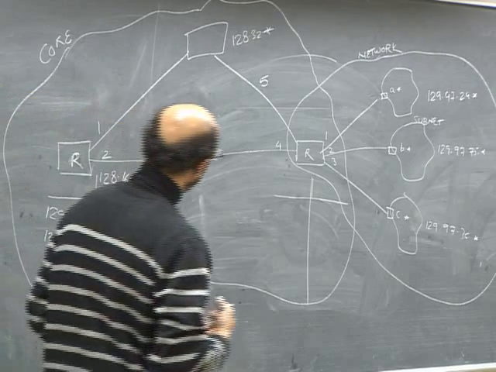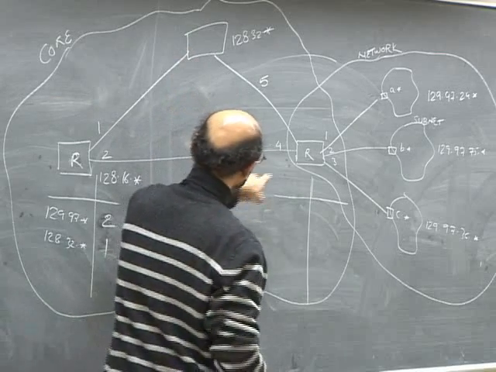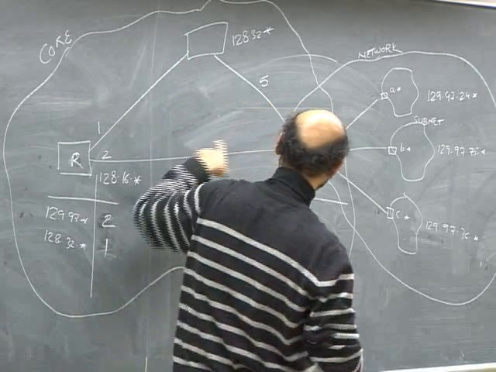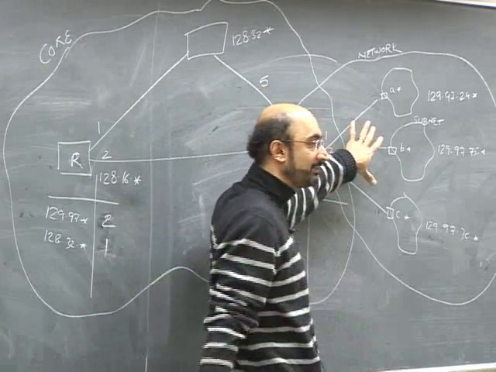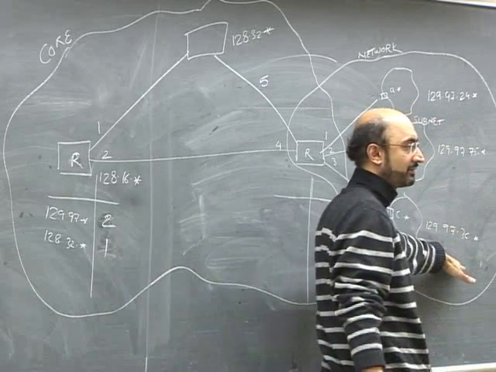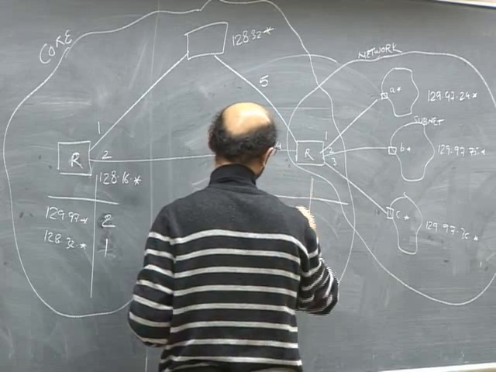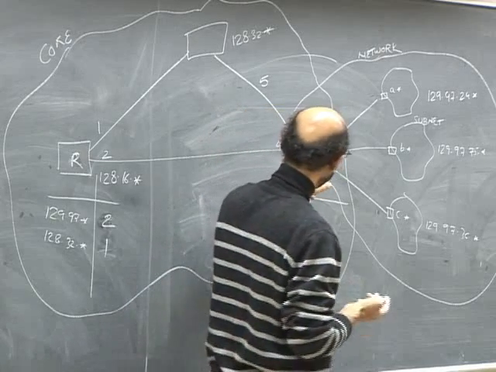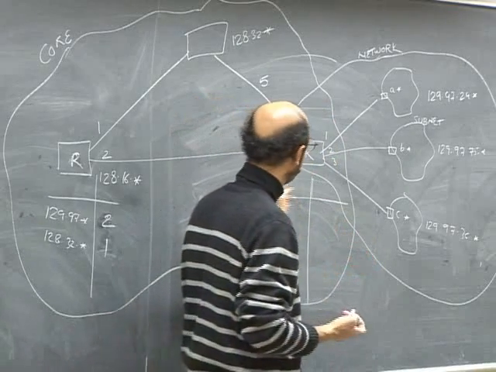Okay. Now, what we want is something like this. We want this router, when it gets a packet, to either send it over here, or to one of its subnets. Okay, which are these subnets: 129, 24, 75, and 36. Correct? So the way we do it is like this. It's actually much simpler than you would think. First of all, if a packet comes from anywhere, it doesn't matter where it's coming from. If it's coming from anywhere and the destination is